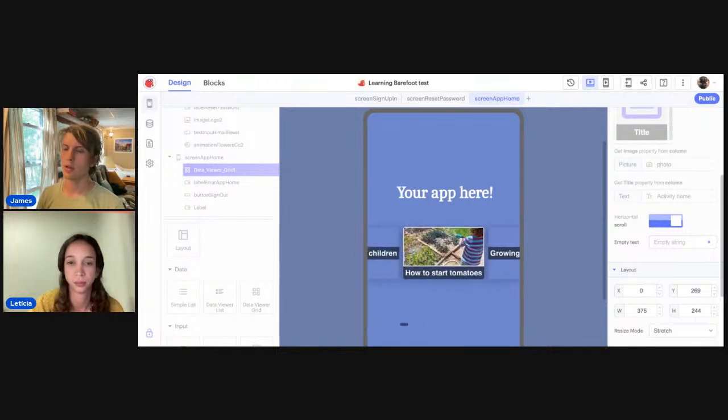So the next thing we could do is try and have an event that happens when you tap on one of the activities, right? All right, that's the next question I had prepared for you. I would eventually need that each activity has its own page, because then it has all the explanations and everything else. So how possible or how easy is it to make it clickable so that each result in this list leads to its own separate landing page? Yeah, we can do that.